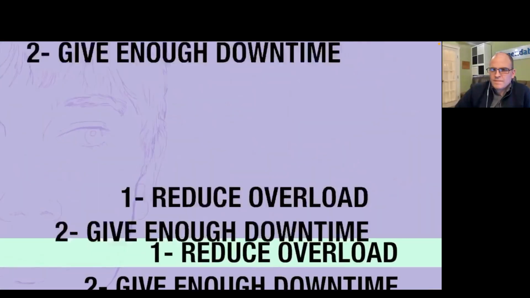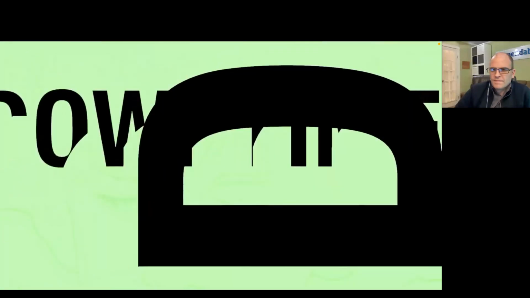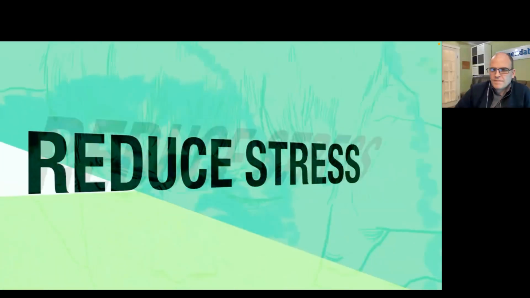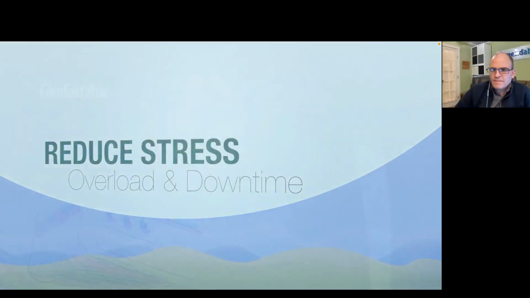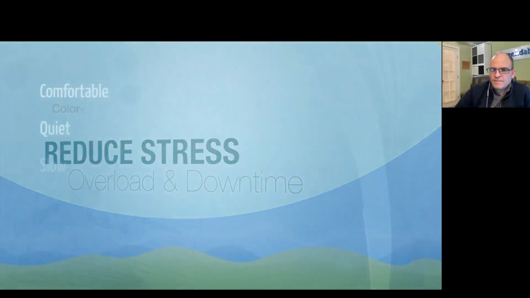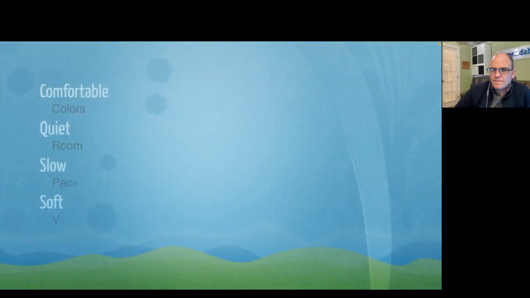Reduce stress. Number 1, reduce sensory overload. Most people who have challenges with processing information try to control their discomfort by creating overriding sensory information. The best place for them is a location where they can feel comfortable, a location that is quiet and generally deprived of visual stimulation. It is usually a good idea to speak softly around them.